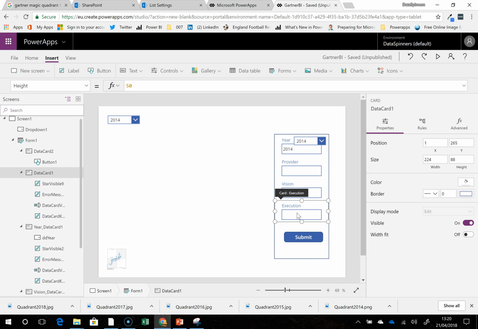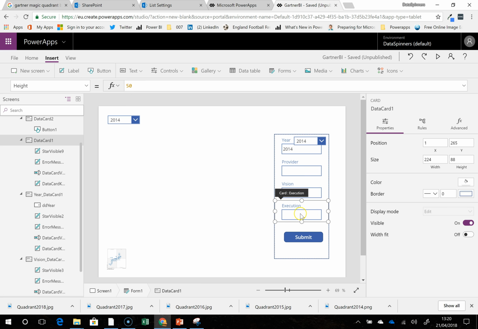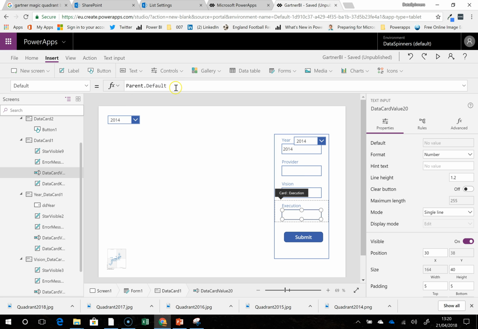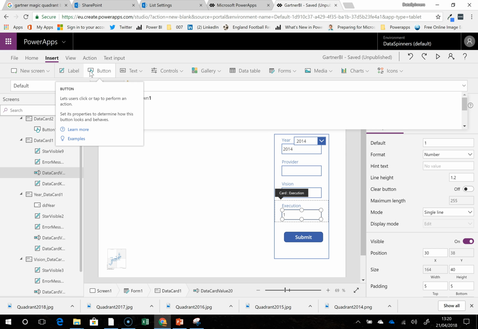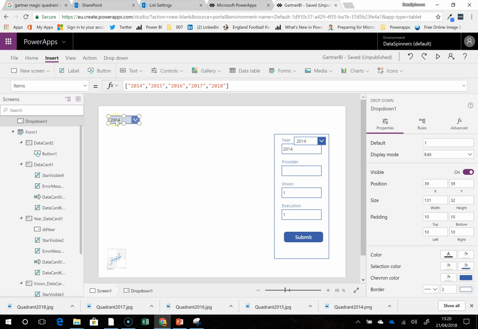I guess it'd be nice if it had some defaults in there. Do you know what I'm going to do? Because it's mainly in and around the ones. I'm going to see what we got. It's parent.default, which is rubbish. So what I'm going to do is set it as 1.0 of the vision and 1, it's just going to ignore me anyway, 1 as the execution. So I'm going to delete this item here,